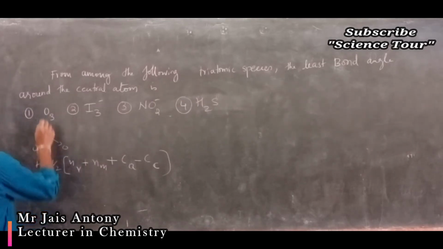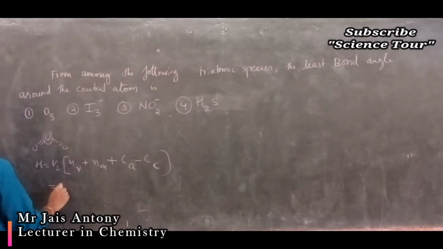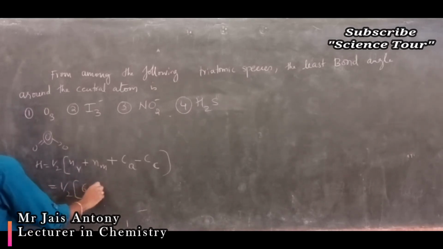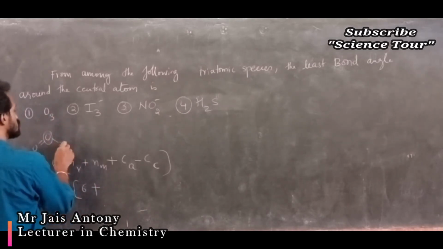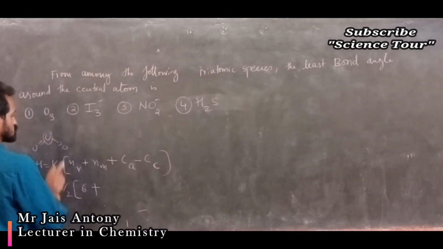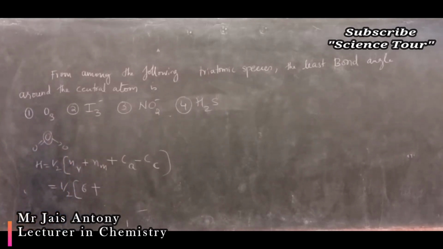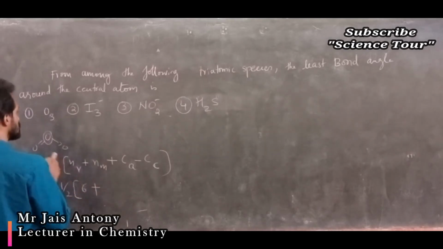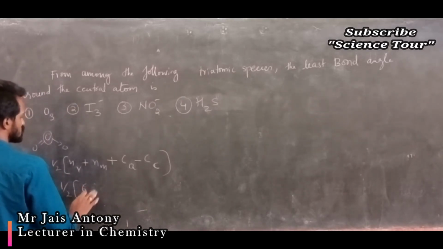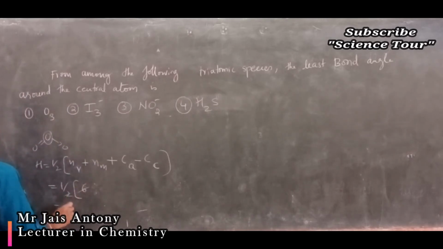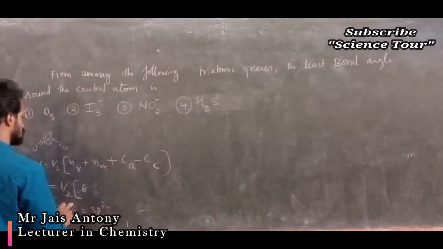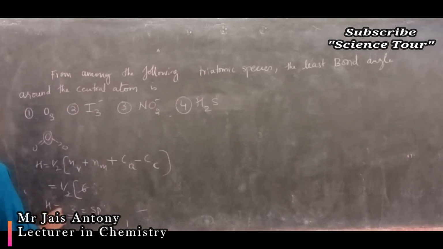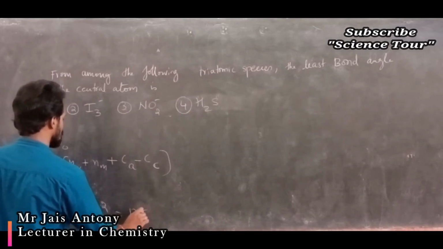So my dear students, here central atom is one of the oxygen. So oxygen valency electron is 6 plus monovalent atoms, divalent atom is attached. So no need to write oxygen. It is divalent. So is there any charge? There is no charge. So 6 divided by 2 is, my dear students, 3. 3 means sp2 hybridization. 3 orbitals. How many orbitals formed? 3 orbitals. sp2. Total 3 orbitals. So 120 degree angle, my dear students, this one.